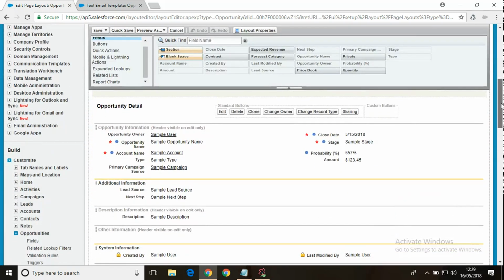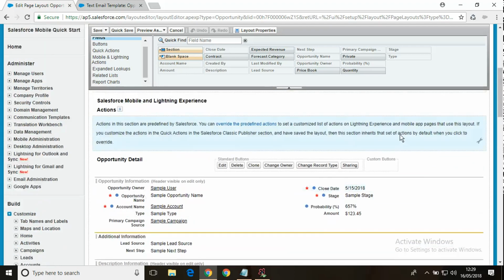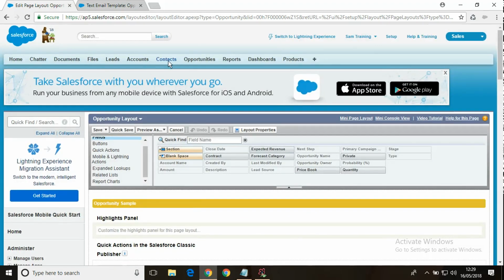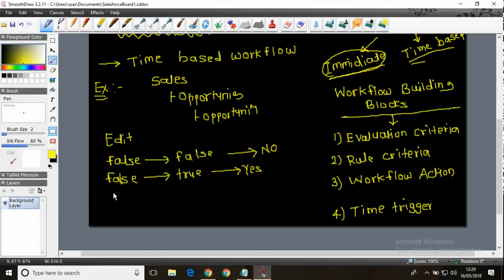Is it there? Closed is not there. So for stage, if you say close, it will automatically become closed, and if you open the stage, then it will automatically be open. Let me try something. You cannot work on the close flag directly. So let me have opportunities, and let me simulate this scenario.